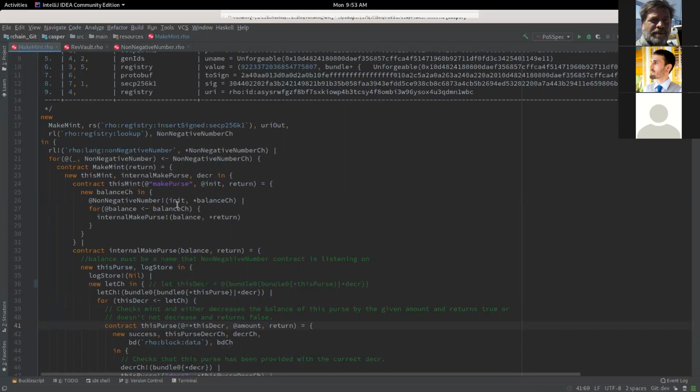Now, when we create a token, does each token have some unique identifier, or is there any uniqueness for each token, or not necessarily? Oh, that's a really good question. That I don't know.